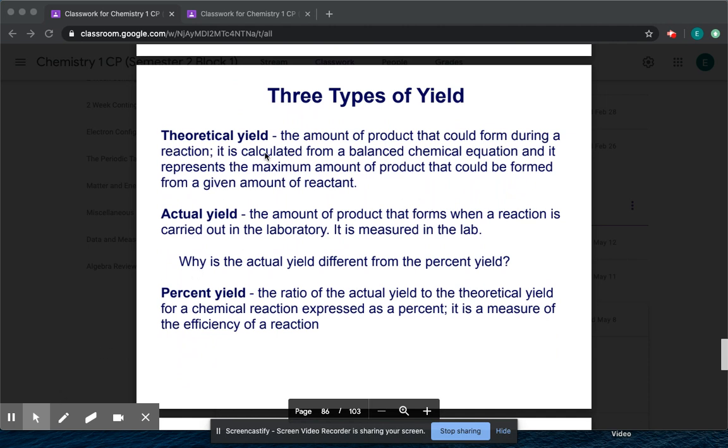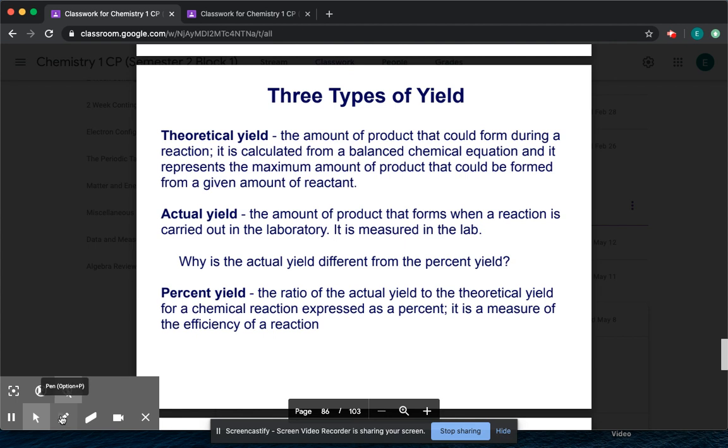So there's theoretical yield. Theoretical yield is what you're supposed to get if everything goes perfectly. If everything goes 100% according to plan, this is how much we should get. Actual yield, as the name implies, is what you actually get. You have to get this from the experiment. Whatever you do, you measure out how much of something you got. That is your actual yield. So theoretical is what you're supposed to get, actual is what you actually got, and then percent yield is just your actual divided by theoretical.